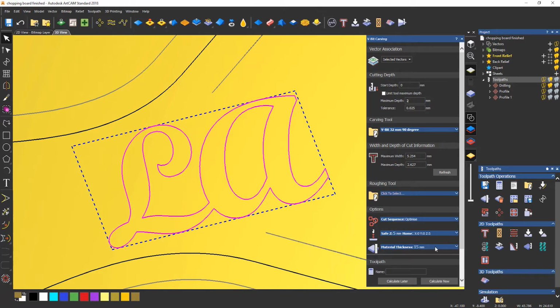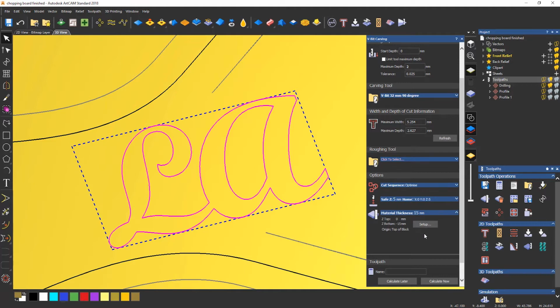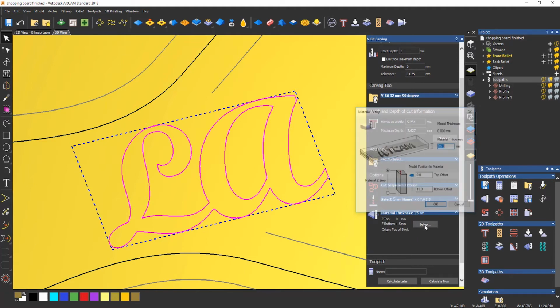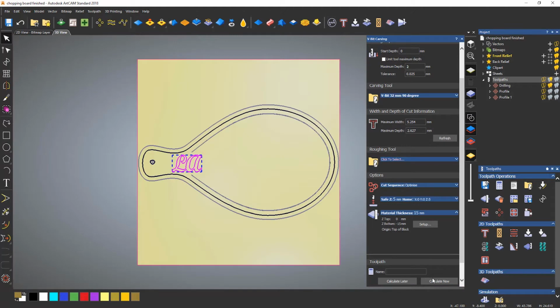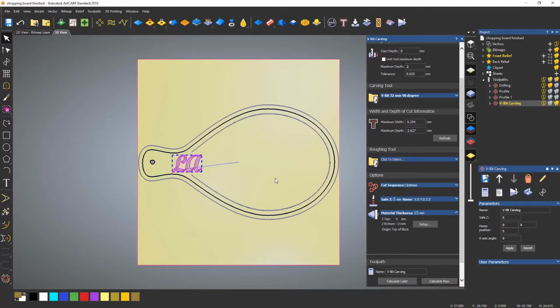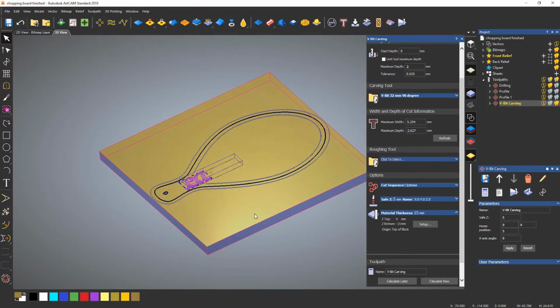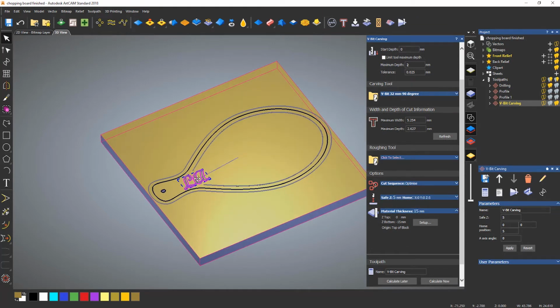Okay, so I already have my material set up. I can do that again if you missed the first webinar. Click Setup, just type in the thickness there, 15. I want this to be at the top of the Z. Select OK, and then just select Calculate Now. Now if I rotate around, just zoom in,